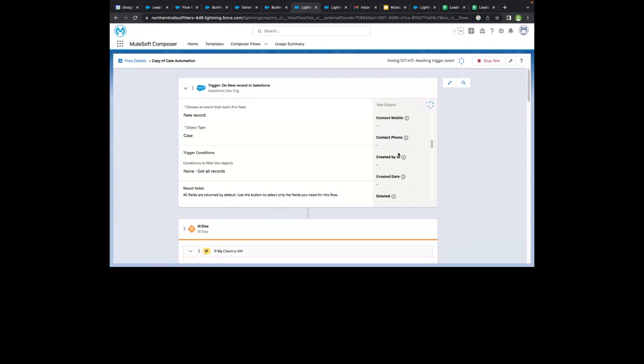as I said, this is not 100% real time, but it is very near real time. That means that once I create a record, it would wait for a few minutes because it queries my Salesforce org for a very short interval again and again, and then based upon that, my flow would get executed. So right now, since I have created the case record in my Salesforce org, it will now query my Salesforce org